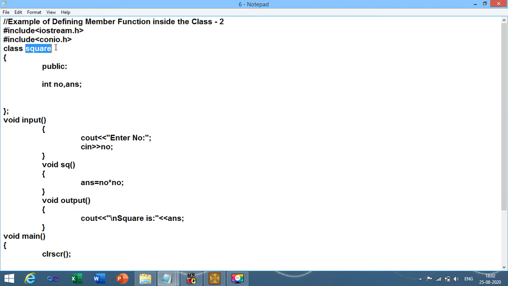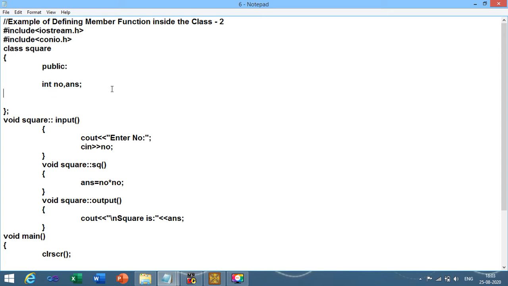We need to apply the name of the class in between void and input. So I am going to use square and then scope resolution operator. Similarly for the SQ and similarly for the output function, right?